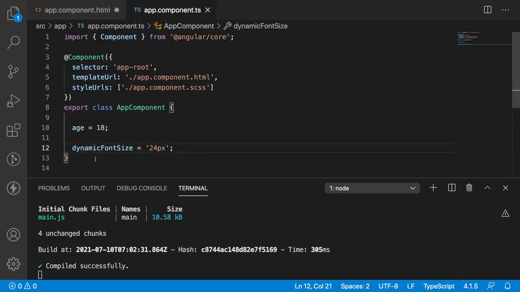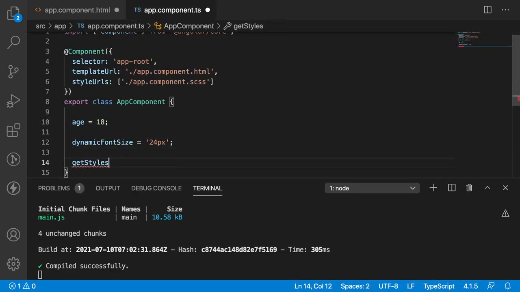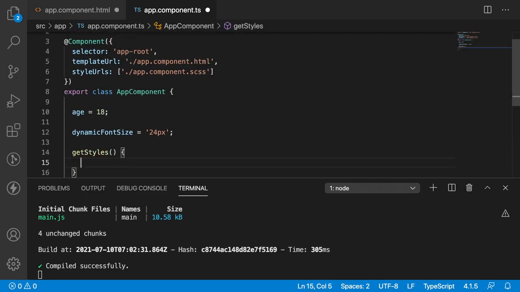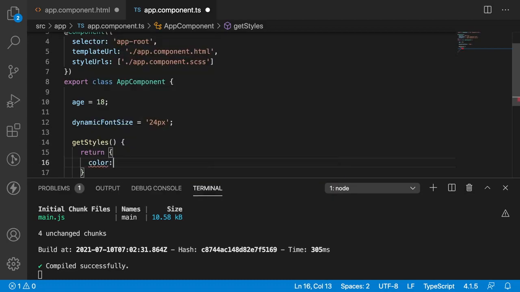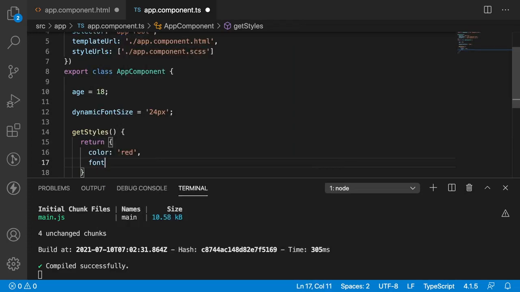Let me create this method, and it should return some object. So return, what is my object? color red, and it is a type of string, and we can even pass the font size. Whenever you have a hyphen in a style property, that can be used in camel case. And let me pass this as 28 pixel.